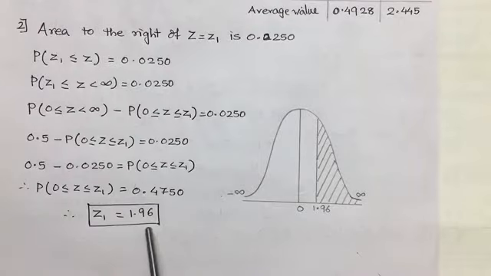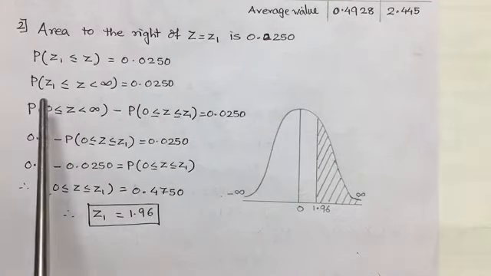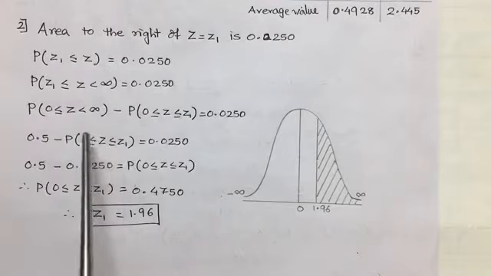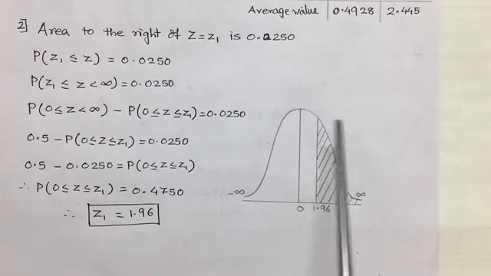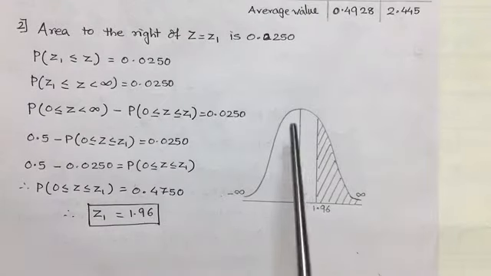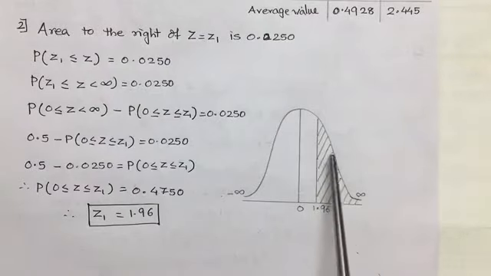Now as z1 is lying towards the positive side, only then they are subtracted, because if the same signs are there, then we subtract the probabilities. So z1 is 1.96. Drawing the bell-shaped graph, middle vertical line is 0. 1.96 will lie towards the right of 0, towards the positive side, and from 1.96 till infinity the area will be shaded.